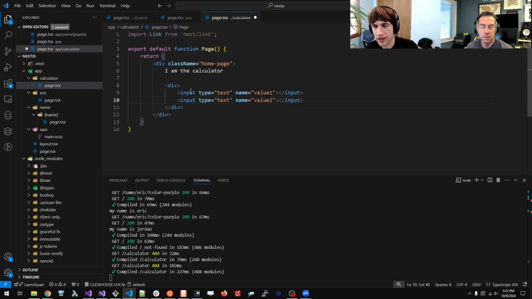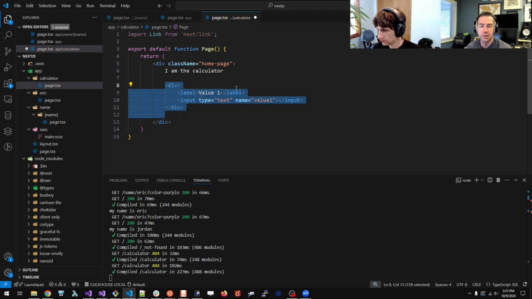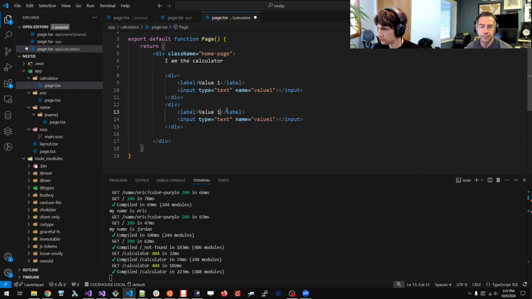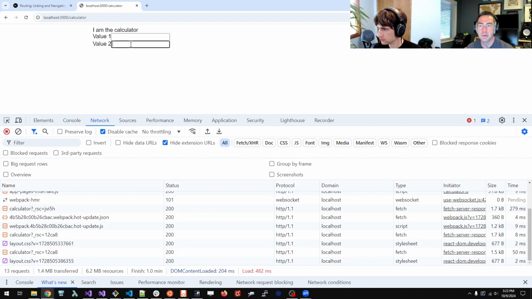Do we have to do it React style, where we have to populate values? Maybe here's what we could do to be really smart: we could put a label in here. So this will be value 1. And then this guy, actually, we'll just copy this guy and make another one. What does this do? Okay,